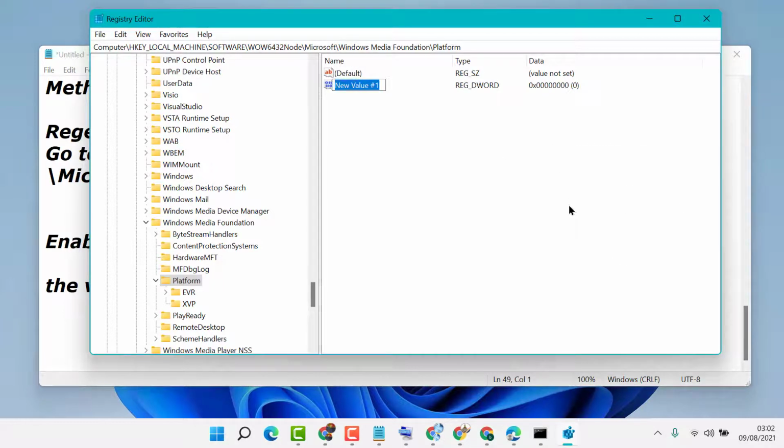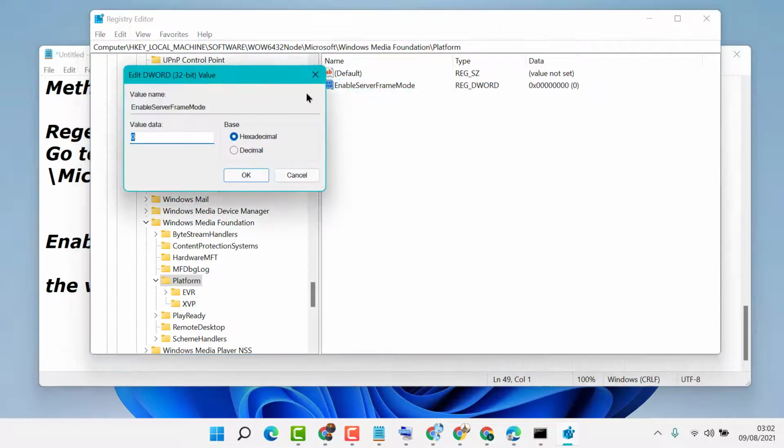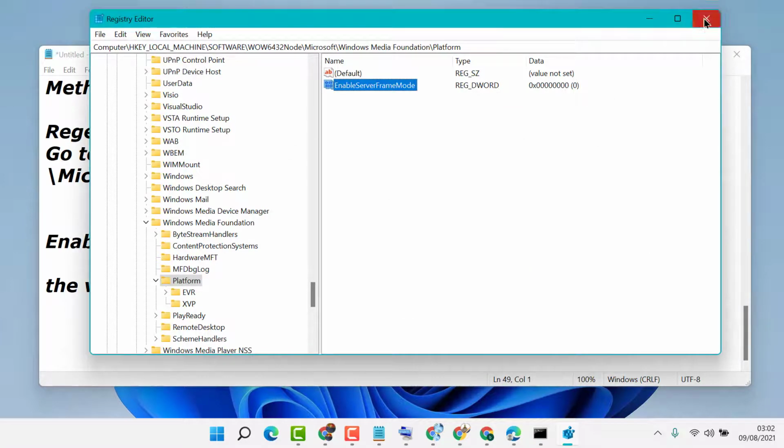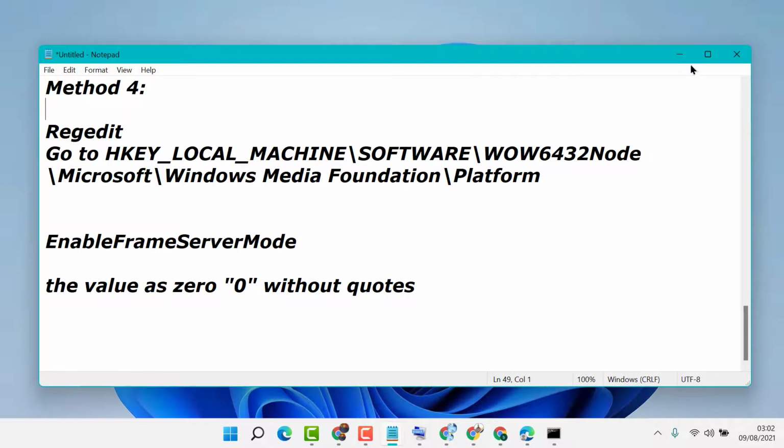Now type EnableFrameServerMode. Now right click on it and click on modify and set value data as 0. Then click on OK. Now close it and restart your PC.